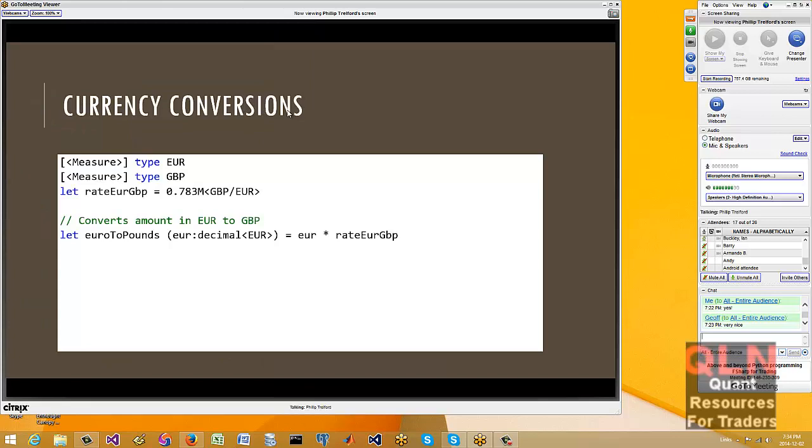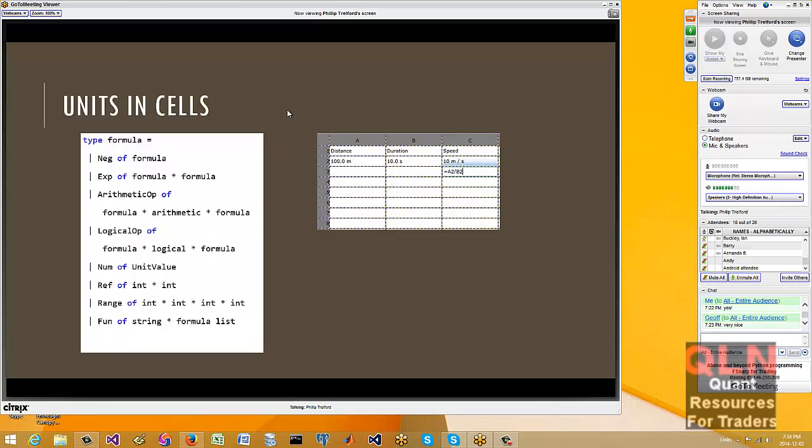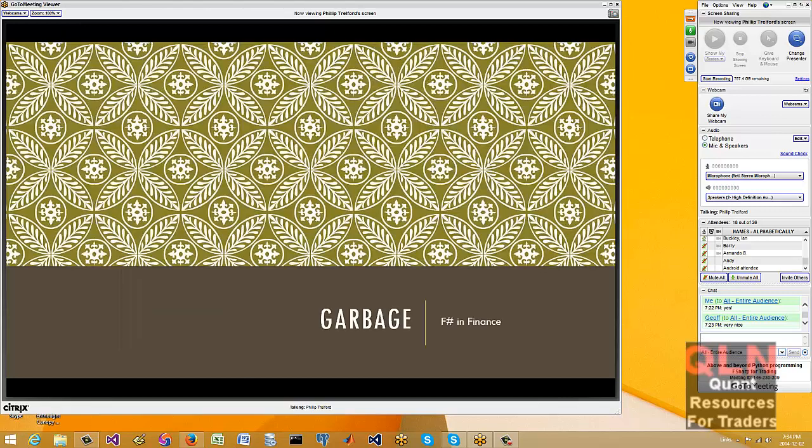We had a look at currency conversion, simple functions. We've had a little look at FSharp embedded in Excel. Here's another little sample with a computation running to a graph, running inside Excel. We had a quick look at a little program that emulates a spreadsheet in a few hundred lines of FSharp code. I'm going to just pull in on performance.